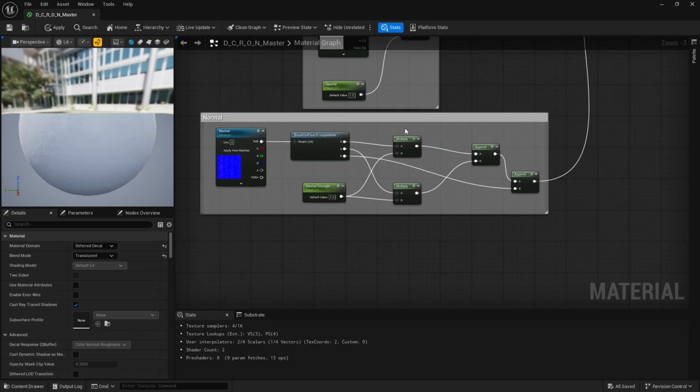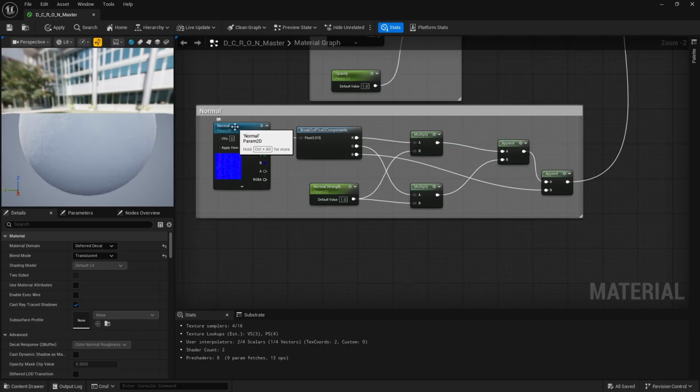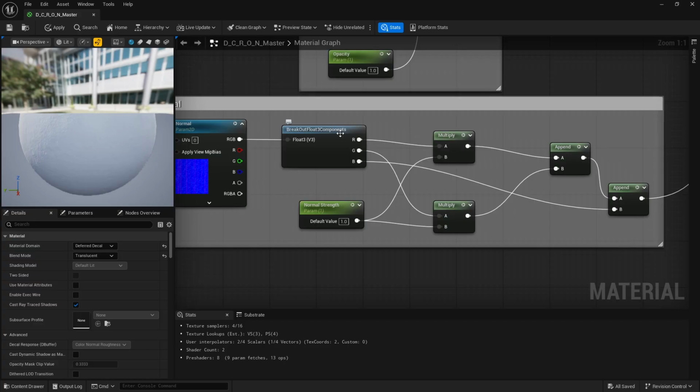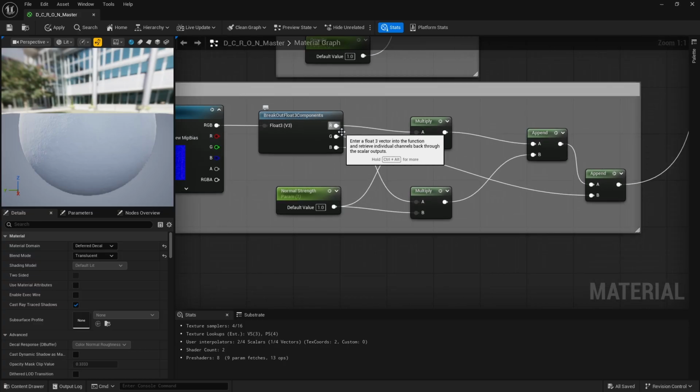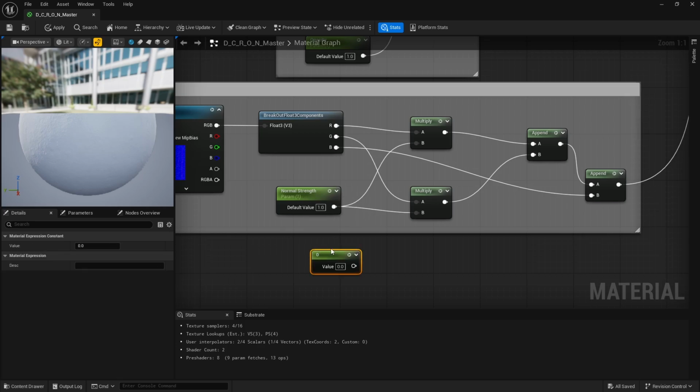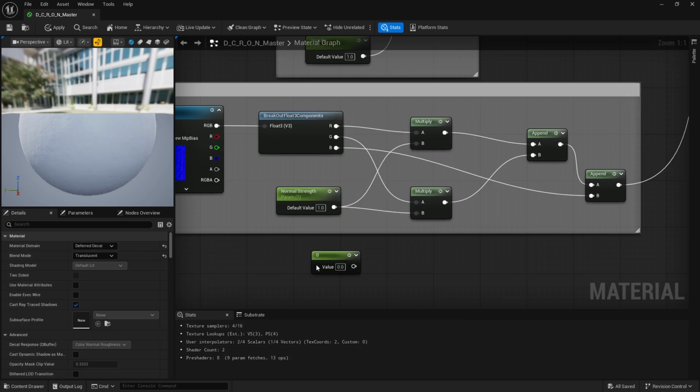And then now we're just going to give ourselves the ability to change the intensity of the normal. So bring in your normal map, or I just pull in a 1 pixel by 1 pixel normal I made, run that into a breakout float components 3. Okay, just look that one up. And then we're going to do 2 multiplies, so M and left click twice, R into the A, G into the A of 1, make a parameter called normal strength, so 1, left click, convert to a parameter called normal strength, make sure to put 1 in there, put that in the B, that in the B of those 2